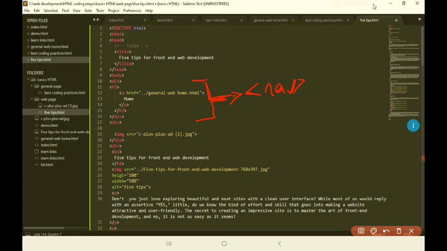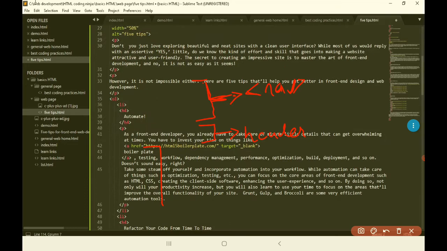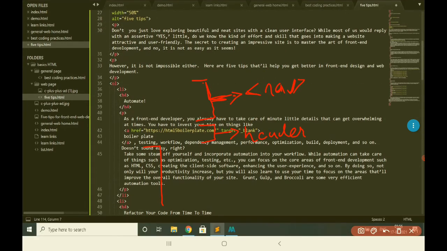This division part is what? Header, right? And from this division till where? This div part.